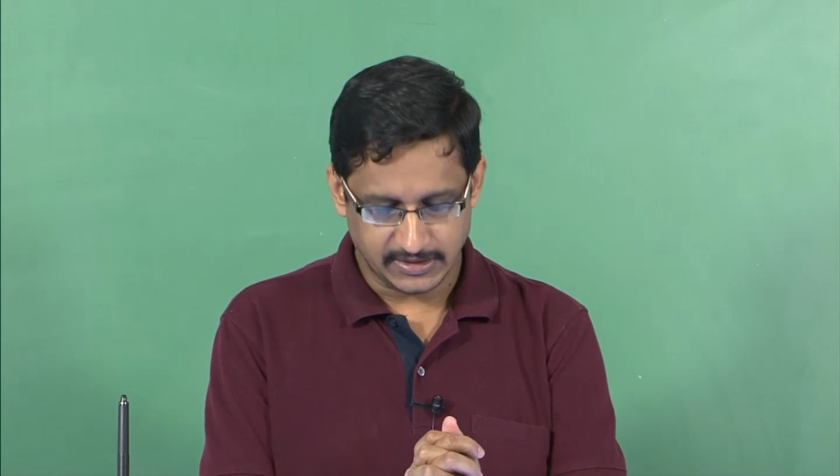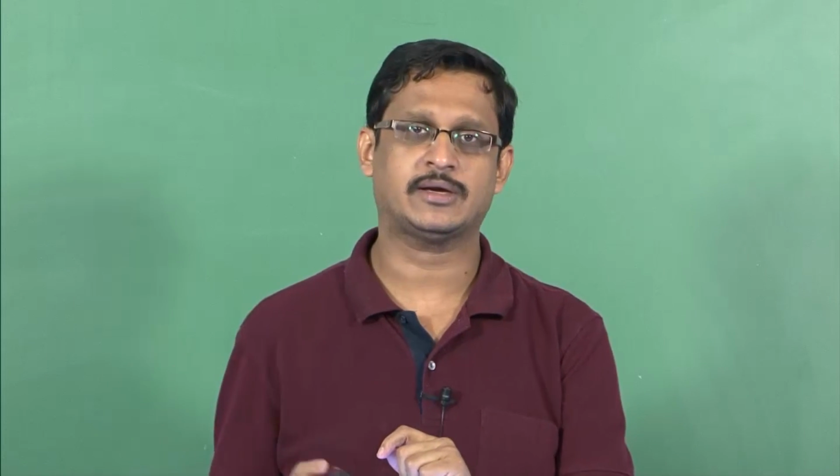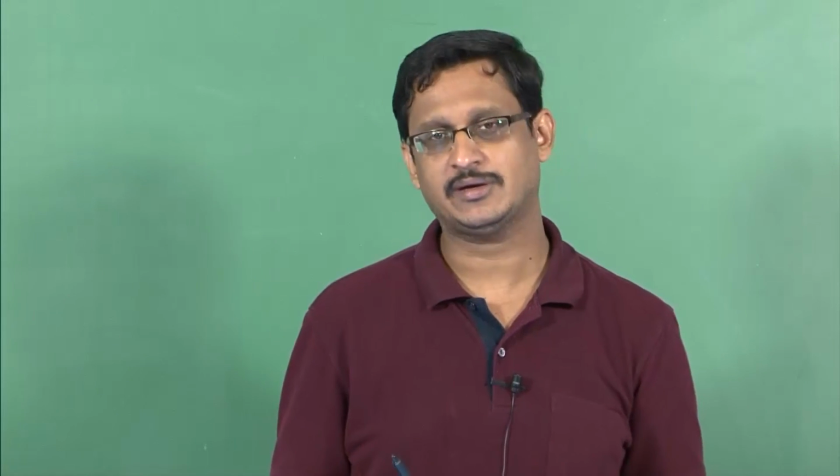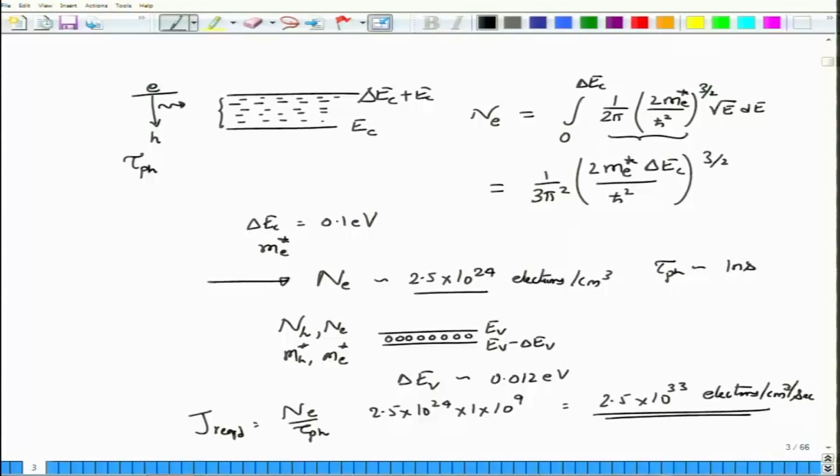In this module we will continue our discussion of optical properties of semiconductors, and therefore see how lasers can be formed. At the end of the previous module we had this particular calculation done, where we showed that the required current density to maintain an electron density of 2.5 into 10 to the power 24 electrons per centimeter cube would be about 2.5 into 10 to the power 33 electrons per centimeter cube